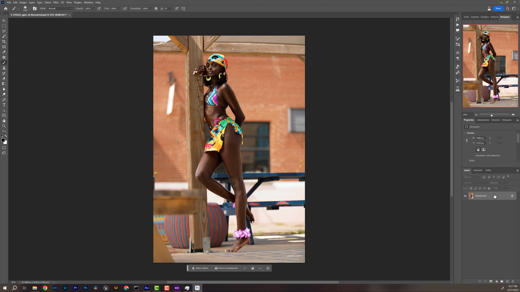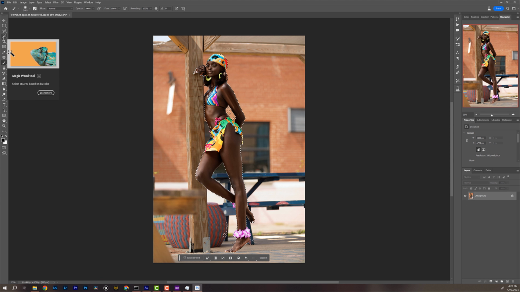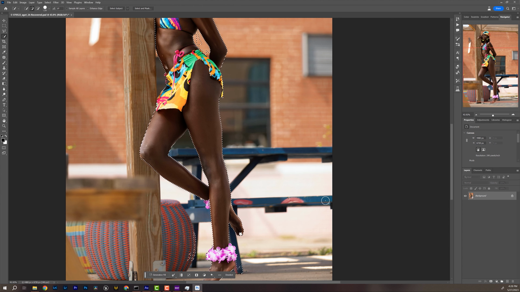Now this is one image I really wanted to play around with because I did a similar image when I was practicing with this where I was able to change her entire background and put her like on a tropical island. So I really want to expand on that one and see what we can actually pull off with this generative fill. I'm going to go ahead and select this subject. Boom, right? So now I'm going to select everything I want to keep in this frame, right? So I'm going to, let's see, where is my quick selection? There we are. We're just going to kind of highlight all of this. I want to keep this.